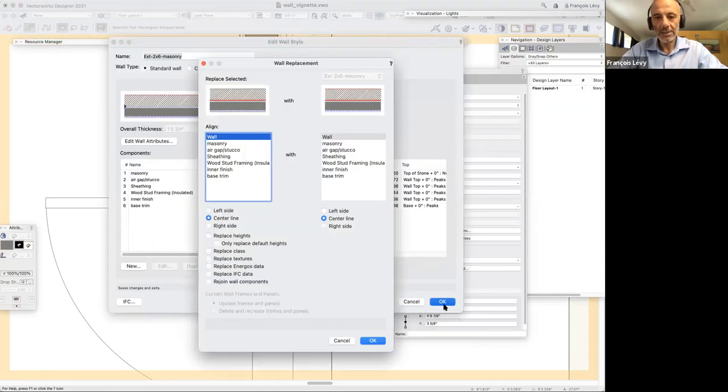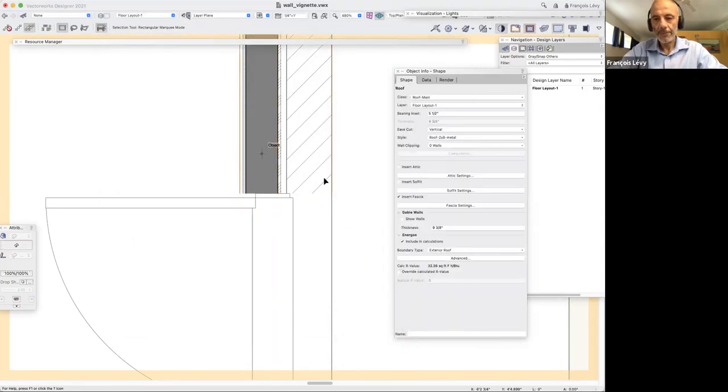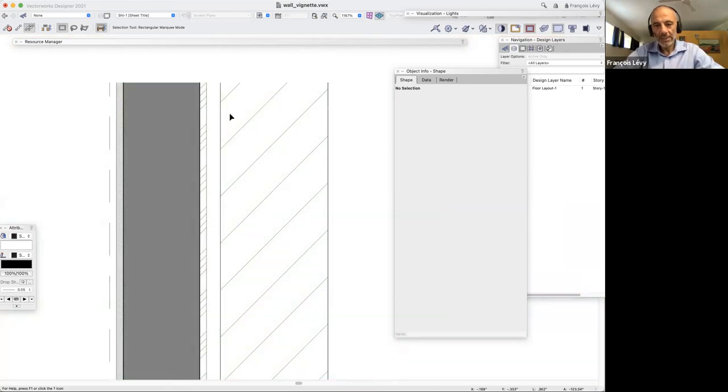I don't usually do it this way. Yep. So now each component has its own line weight. And if I go back to my viewport, then it's more like what I was expecting. I'm getting a 0.13 line around the frame wall. I'm still seeing the sheathing and the air gap. The stone is lighter, right? And that base trim is